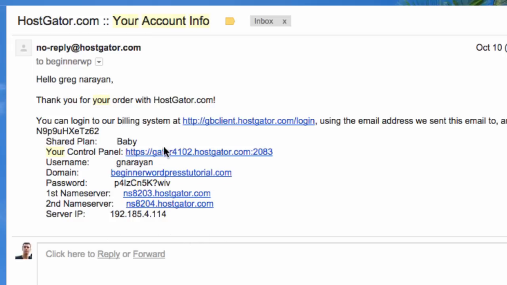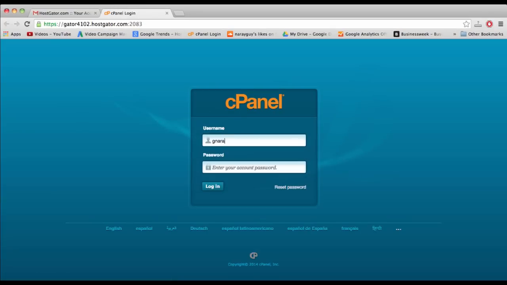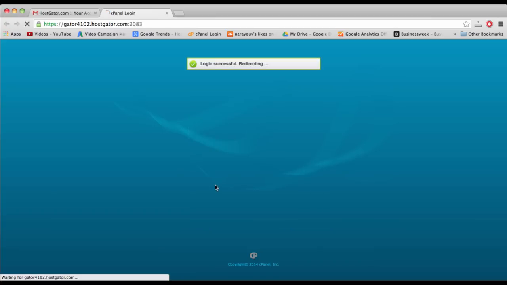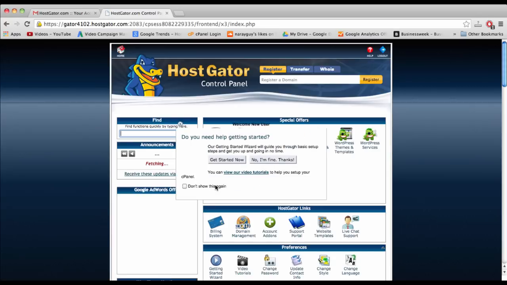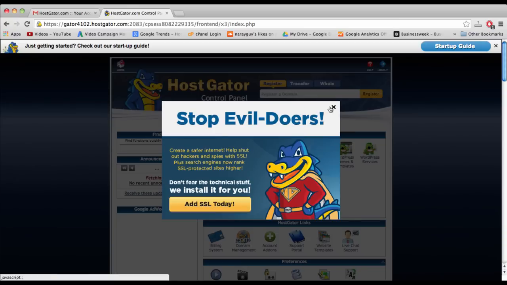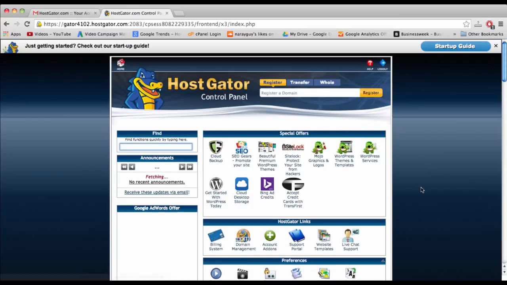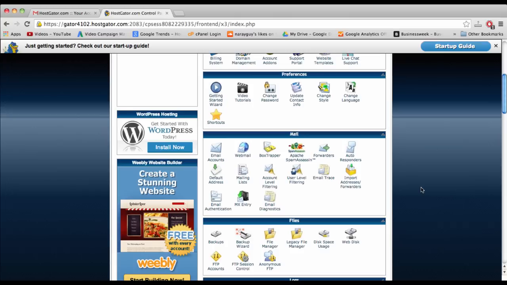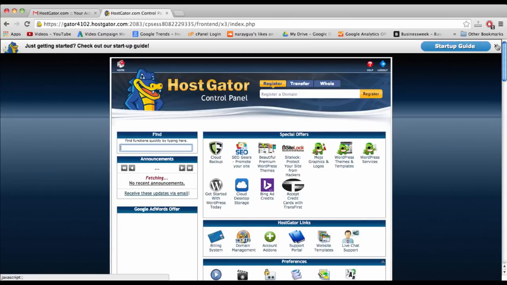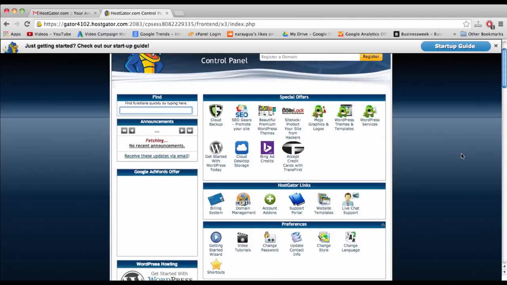And now we can just click this link called Your Control Panel. So click that, and then pop in that username, and I'm just going to hit Control V and then log in. We are logging into the HostGator control panel. Alright, this is what everyone's looking at. This is what everyone who's been using WordPress, or I guess the vast majority of them, have been looking at. And I'm actually going to walk you around here for a little bit in a second, but let's get WordPress